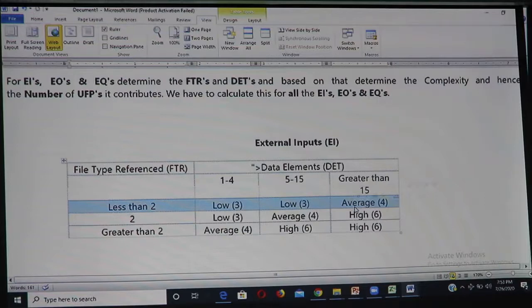Okay, so basically what are these points? When I am counting EIs, and I have a single table which is getting updated with more than 15 fields in it, then I will consider 4 EIs. So this is how I am going to